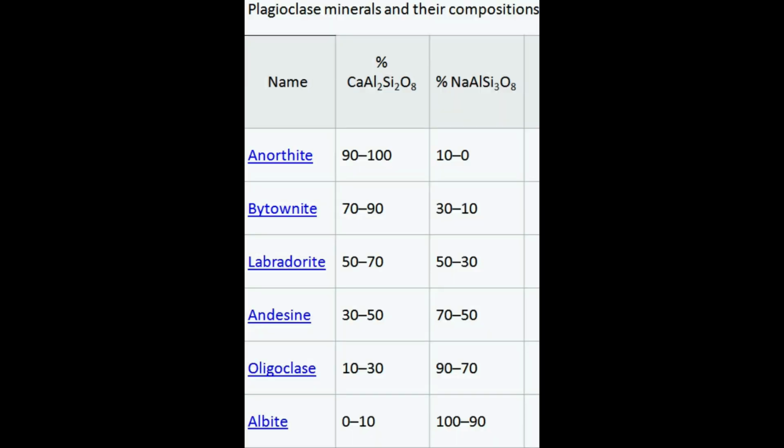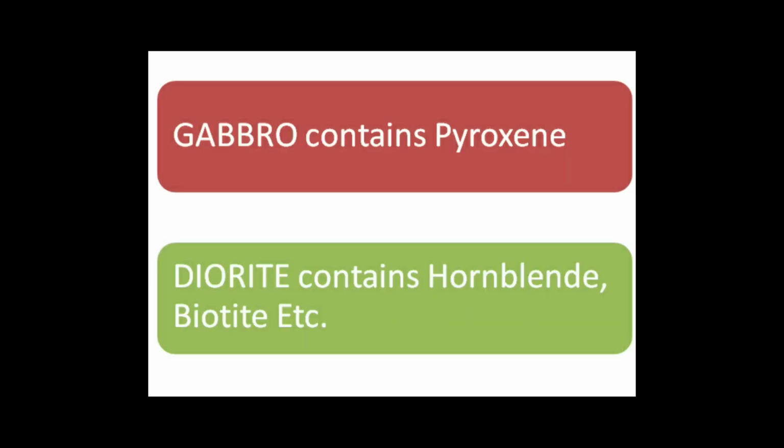See, the plagioclase feldspar contains a solid solution series in which there are two end members. One is albite, which is sodium bearing, that is, it is completely sodic plagioclase, and the other member is anorthite, which is a completely calcic plagioclase, and the other members have compositions in between them. As you can see from the diagram, as we move from albite to anorthite, the sodium percentage slowly decreases and the calcium percentage slowly increases. I think it's clear now.